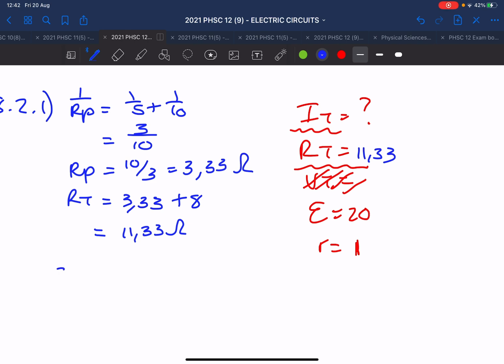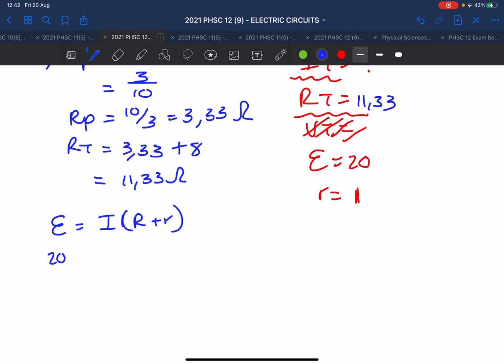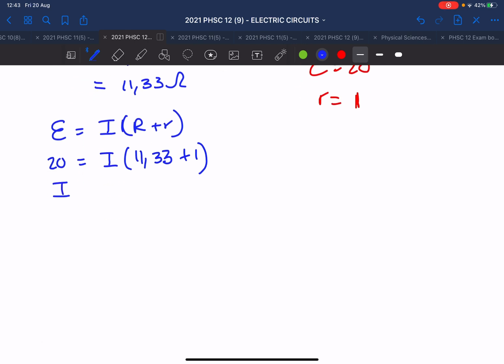We look at that formula, E is I times R plus r. Okay, remember the current is the same everywhere. The EMF, they told us, is 20. We want to get the current. The external resistance is 11.33. And the internal resistance, they tell us, is 1. Okay, so if we calculate that current there, we get